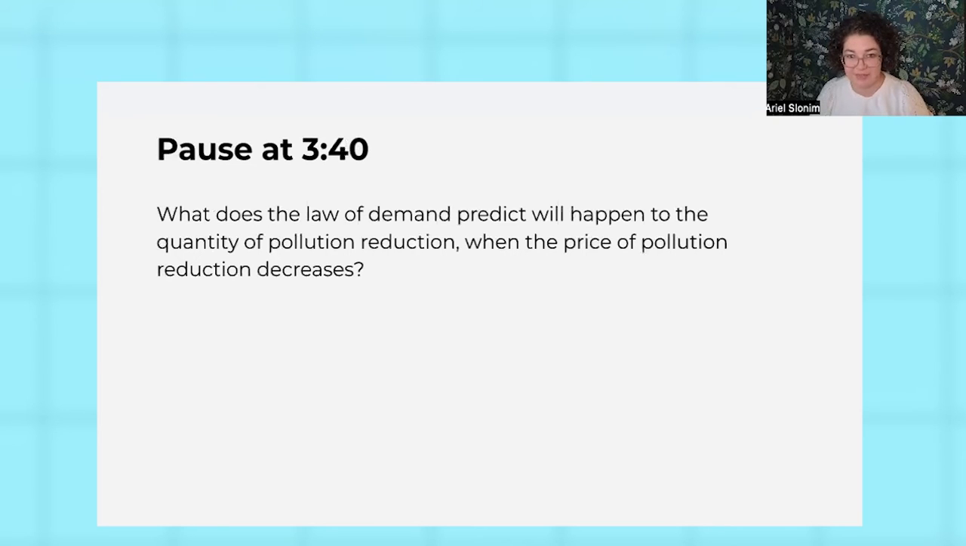So it's a relatively simple idea, right? The law of demand is that when the price goes down, the quantity demanded increases, and that applies here to pollution reduction, right? So when the price of pollution reduction decreases, the quantity demanded will increase. We'll actually want to reduce more pollution, which I think is great insight, and just very clearly explained with the